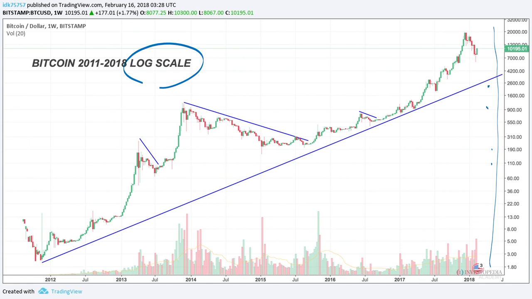So you'll notice that Bitcoin has been trending higher. The primary trend has been up over time. Since 2012 to 2018, this trend is still intact. However, there's been some very vicious counter-trend moves during this time period. You can notice that in 2013, there was a 70% pullback. In 2014, there was another 60 or 70% pullback. Even in July of this year, we had a 30% pullback. And even most recently, you can see a 50% pullback in the price of Bitcoin.